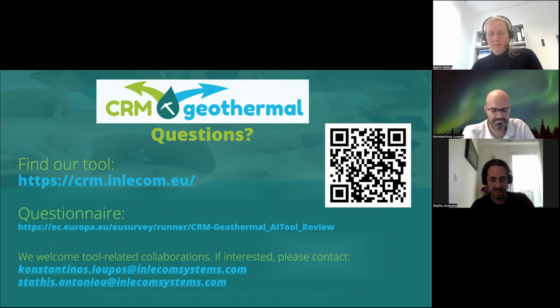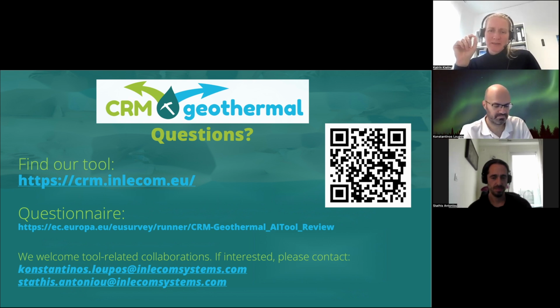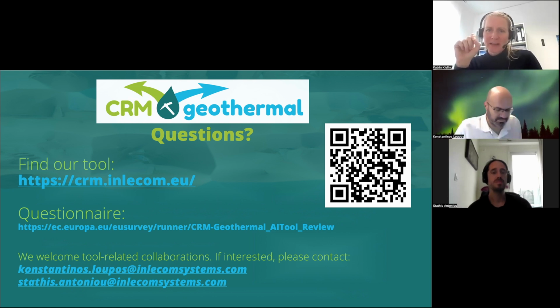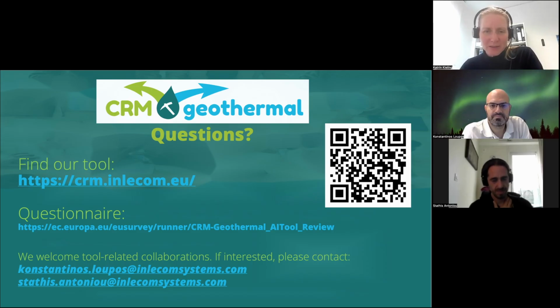I don't know if this answers your question, but maybe I can also add that at least in the second part of the tool, in the explainability part on the website, if you scroll down, you can actually choose whether you want to consider sedimentary basins, crystalline reservoirs, high enthalpy, or there was one more. So you can choose whether you want to include all these different geological settings or geothermal settings, or whether you want to concentrate on just one of them.